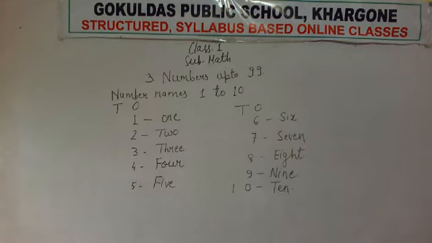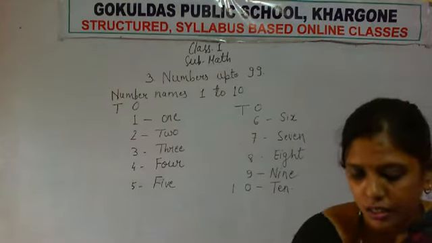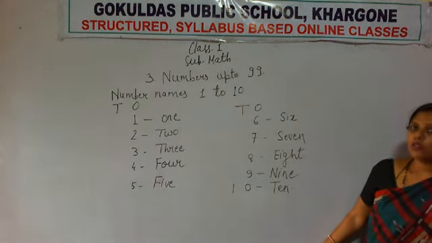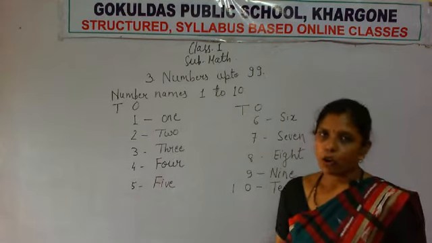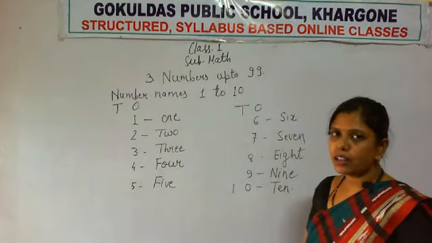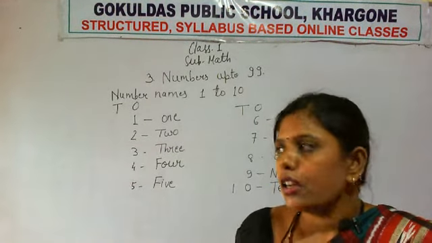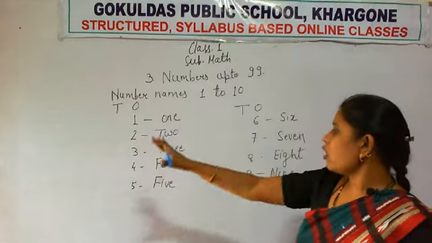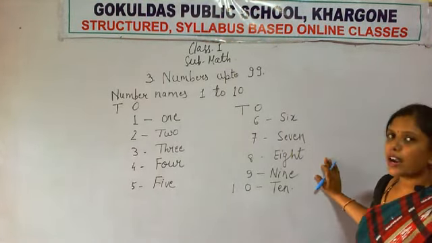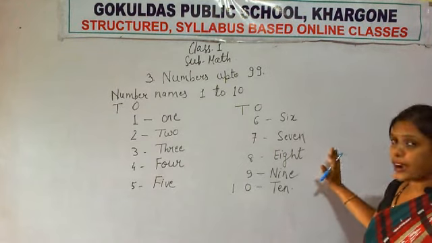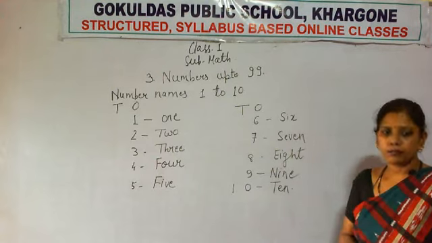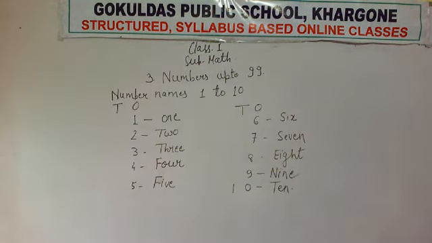Okay, so today our work is completed. Now in our next lecture, we will write the number names from 11. Just continue the number names. I know all of you know how to write number names till 10. Those who have not written just now, write afterwards, but make sure that you write this content. This must be contained in your notebook. Okay, bye.